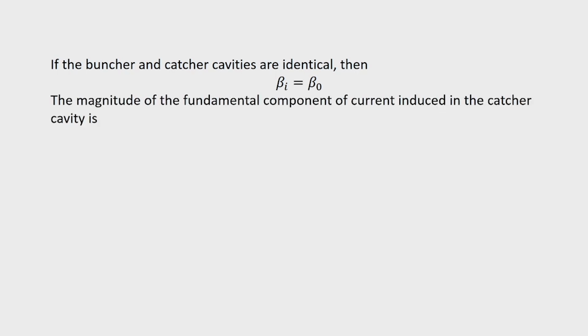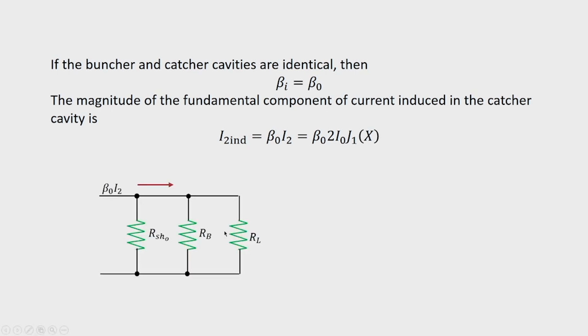and the magnitude of the fundamental component of current induced in the catcher cavity is I2 induced is equal to beta naught I2, which can be written as beta naught 2 I naught J1 x. Now, this beta naught I2,